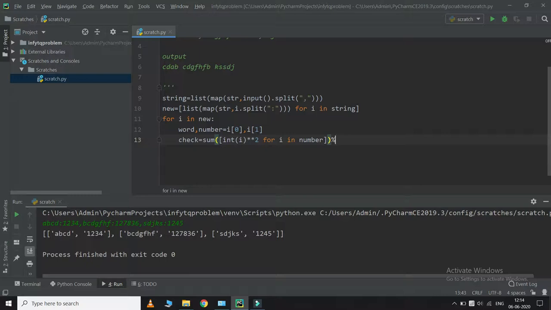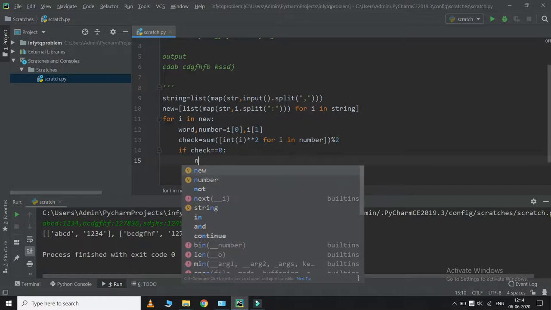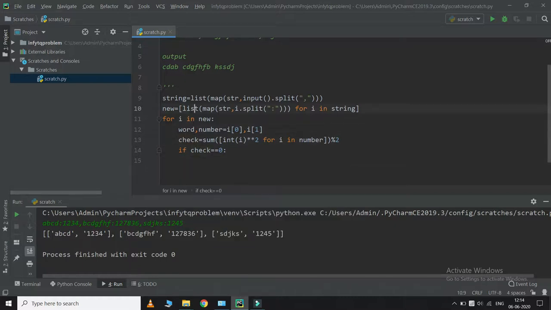I'm going to use modulo so we understand if it's even or not. If it is even, the check will be 0, and if it is odd, the check will be greater than 0, I think. So if check is equal to 0, then the number is even. So I'm just going to create another list.